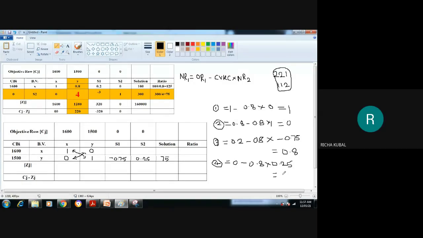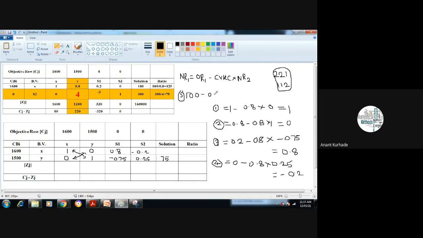Minus 0.2. Okay, minus 0.2. So we can write here 0.8 and minus 0.2. Okay, and this one, tell me, the last one. What is that value? The old value, that fifth one. Okay, old value of R1. R1 old value is 100